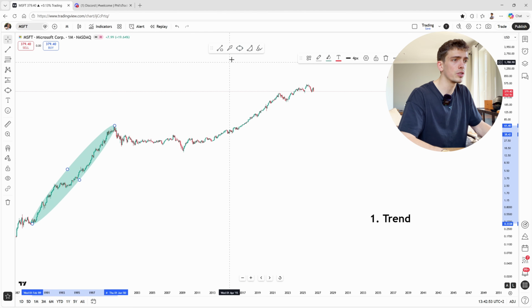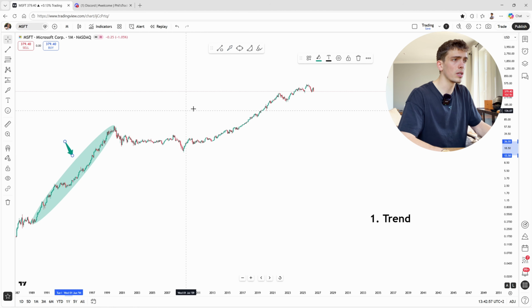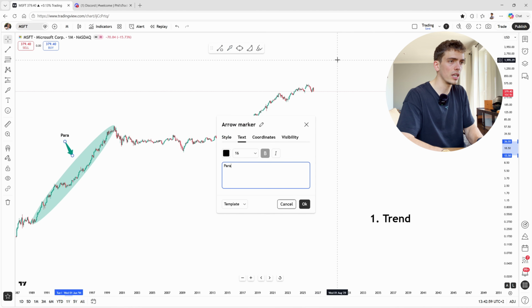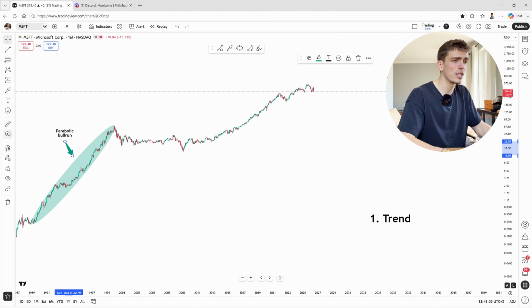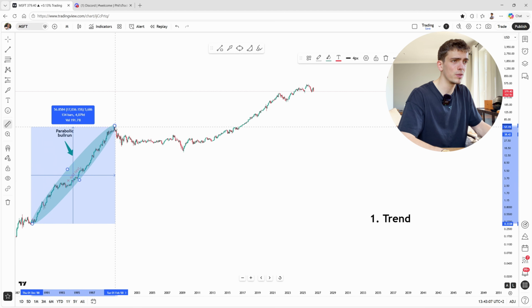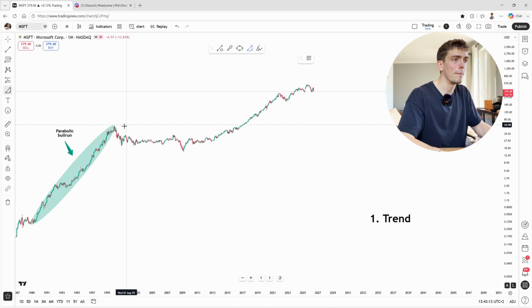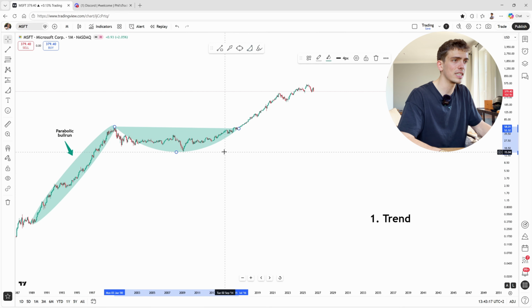literally until the year of 2000, so over the course of approximately 11 years, Microsoft created a quite parabolic bull run. I mean, if I just take out the measurement tool, you can see that from bottom to top, Microsoft has been rallying 17,000% before it then started creating a massive consolidation, and from the year 2000 until 2016, so